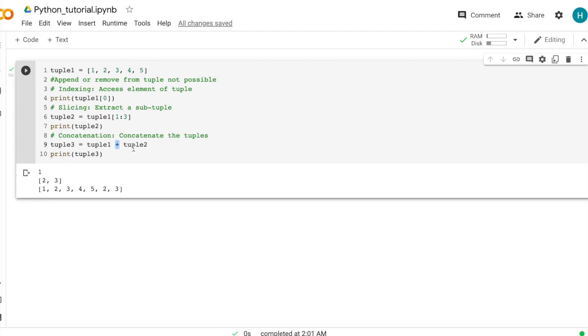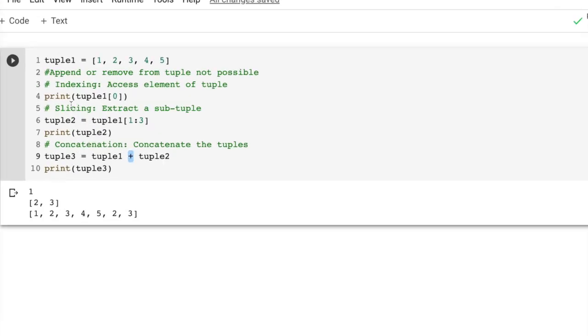We concatenate these two and find the original 1 2 3 4 5, and 2 3 at the end of this one, and finally we have this one. So we can print. An interesting thing here is why we want to cover this example: yes,